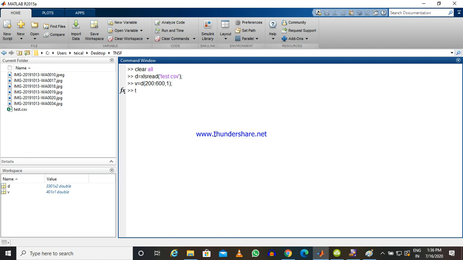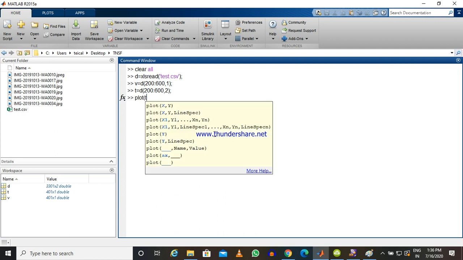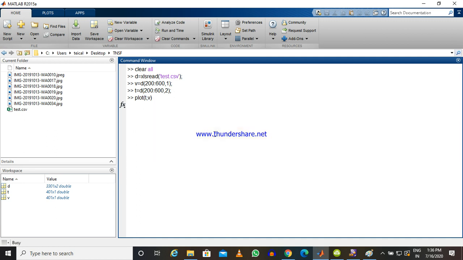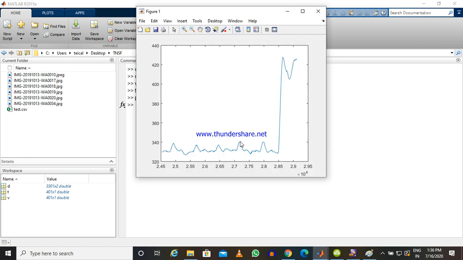Then the time also I will take the same, 200 sample to 600 sample, and the second column. Now let us plot it. So t comma v, if I plot, you see you are getting this one, but this has some